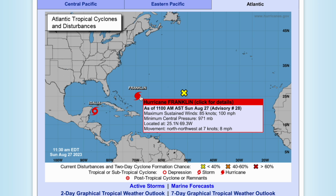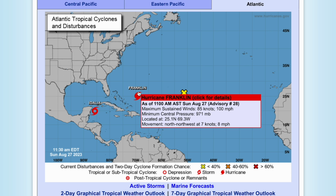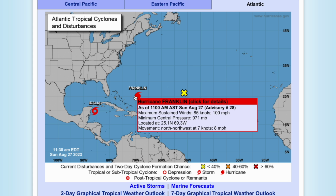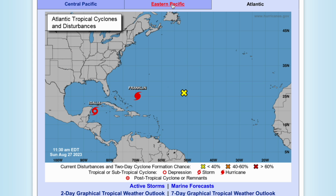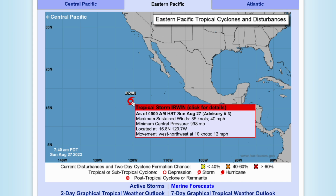Then we have Hurricane Franklin here. It is now officially a hurricane with 100-mile-per-hour winds. That makes it a Category 2 hurricane, I believe, either Category 1 or Category 2. But this is set to actually go up northeast and then hit Greenland by the end of the month. But it's a little too far out to talk about that, so more on that tomorrow. But this is a very dangerous hurricane out here. And then we have this disturbance that is no longer likely to form, so we don't need to worry about that. Moving on to the Eastern Pacific, we have Tropical Storm Irwin here, which I do not actually know the